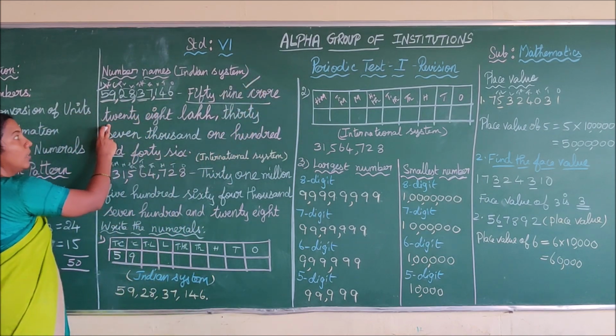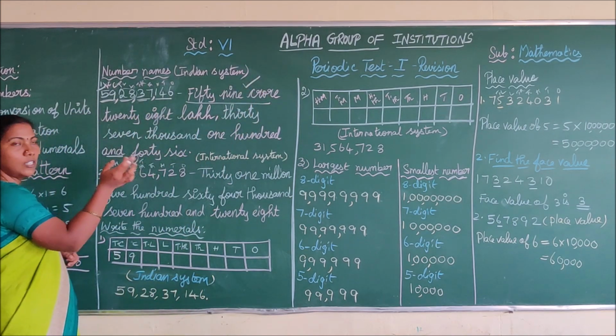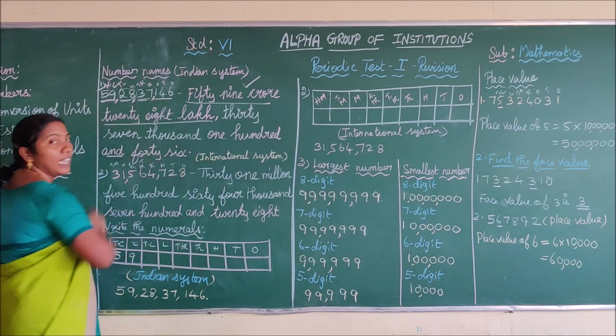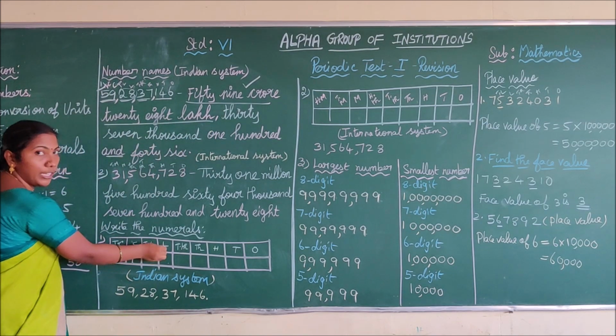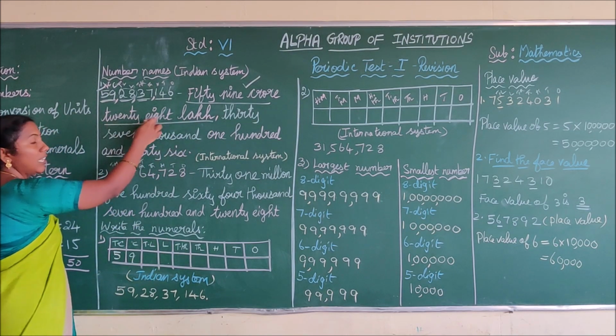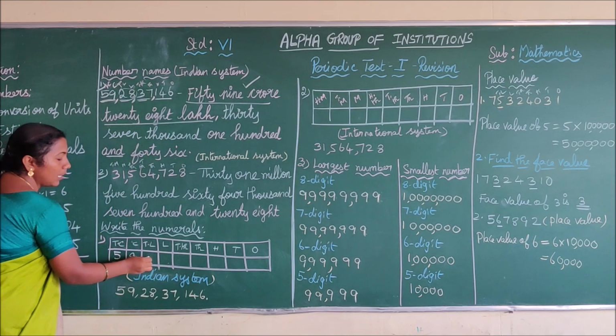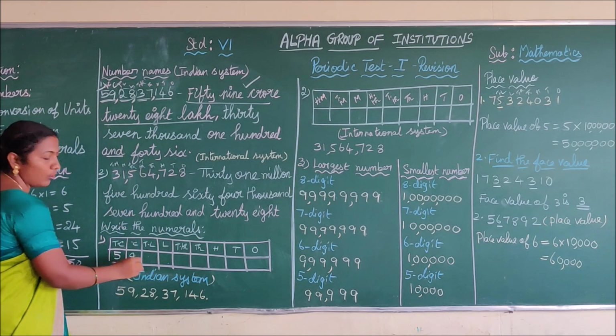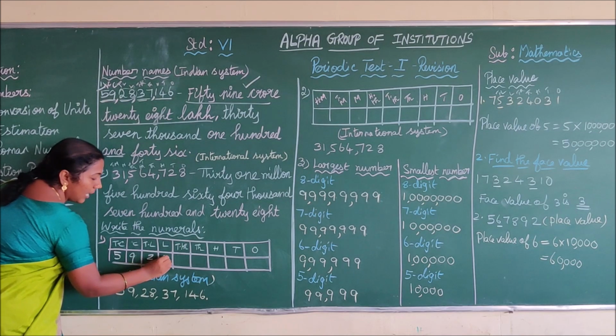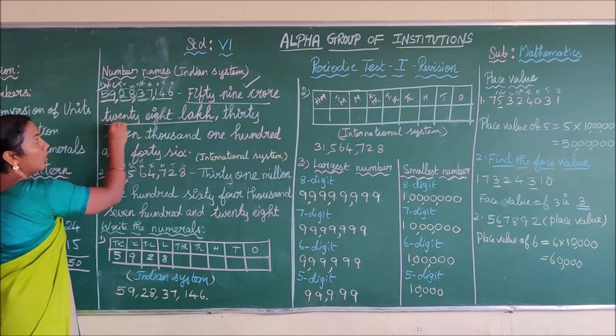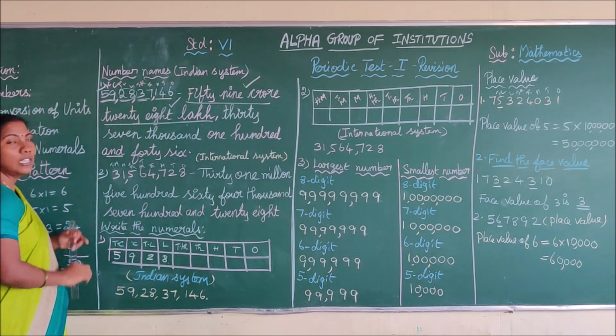And see the next one. 28 lakh. This is the next period of number. Where is the lakh place value here? They have given 28, which is a 2-digit number, so the ten lakh place value also we have to use. So 28 lakh. We have finished 28 lakh. See the next one.